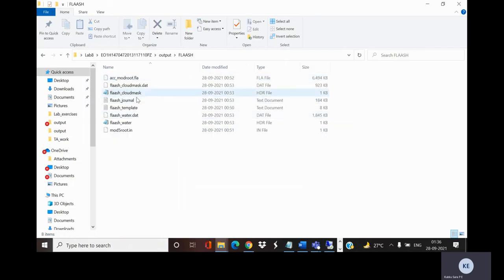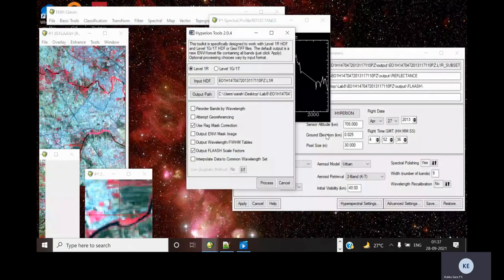These are the output files created in the FLAASH directory: the column water vapor and also the cloud mask. So this is the pre-processing of Hyperion data using ENVI software.